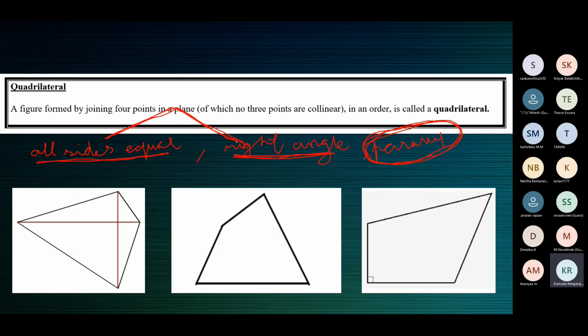These are the definitions, and these definitions will help us to prove whatever results is asked in the question, in the exercises. So definitions are very important. Of course, the properties are important, but we'll not be using all the properties to prove. The definitions are sufficient. If you can remember the definitions without any confusion, you can ace all the proofs.